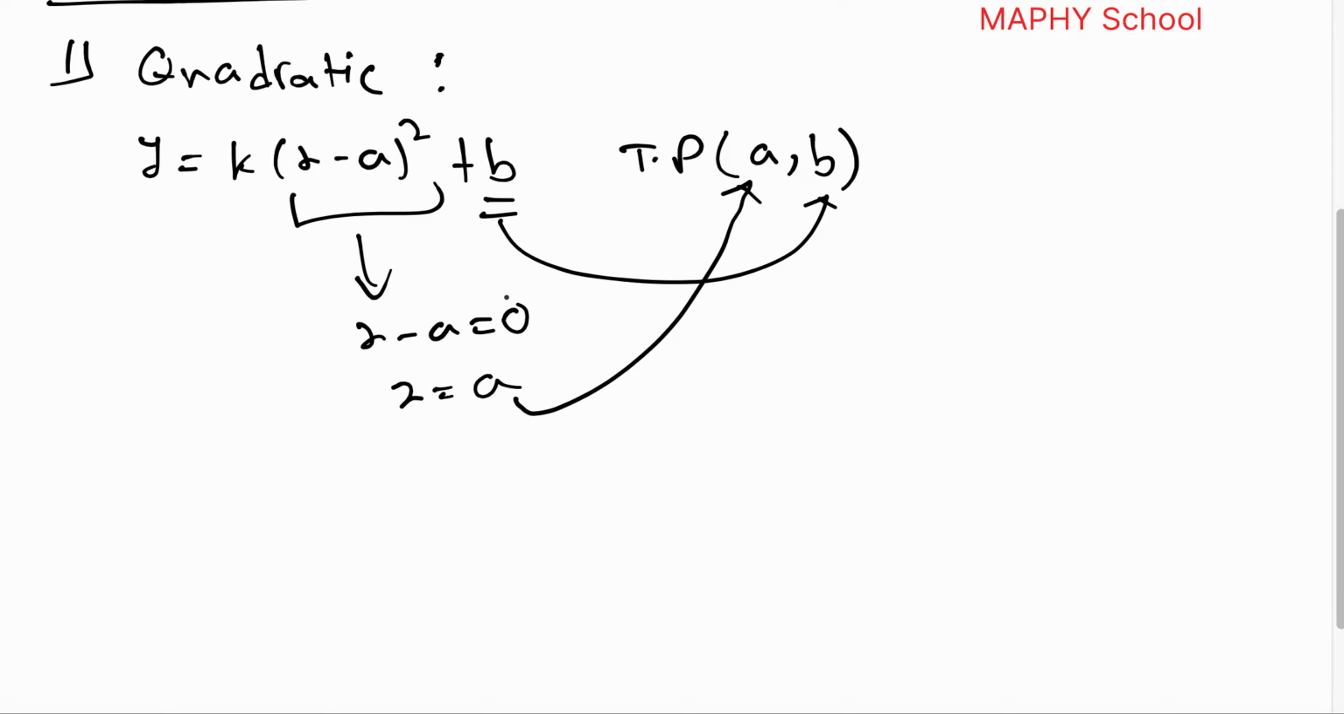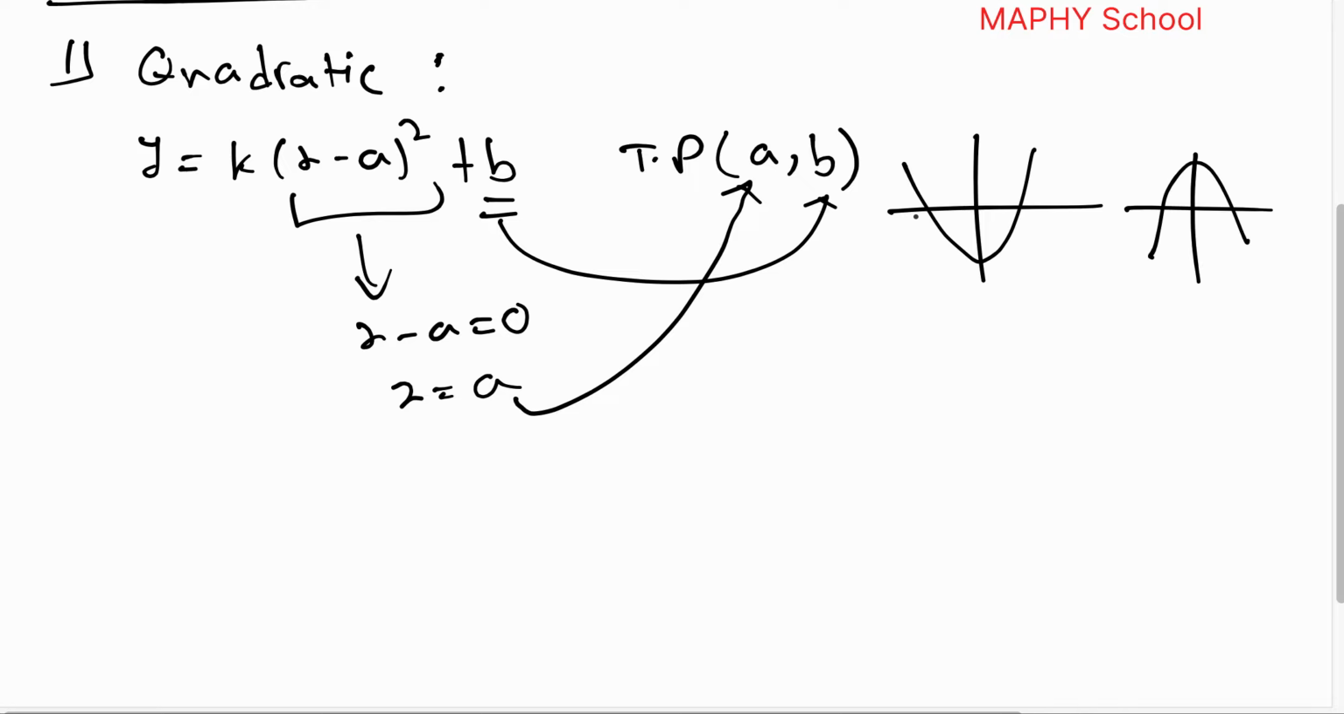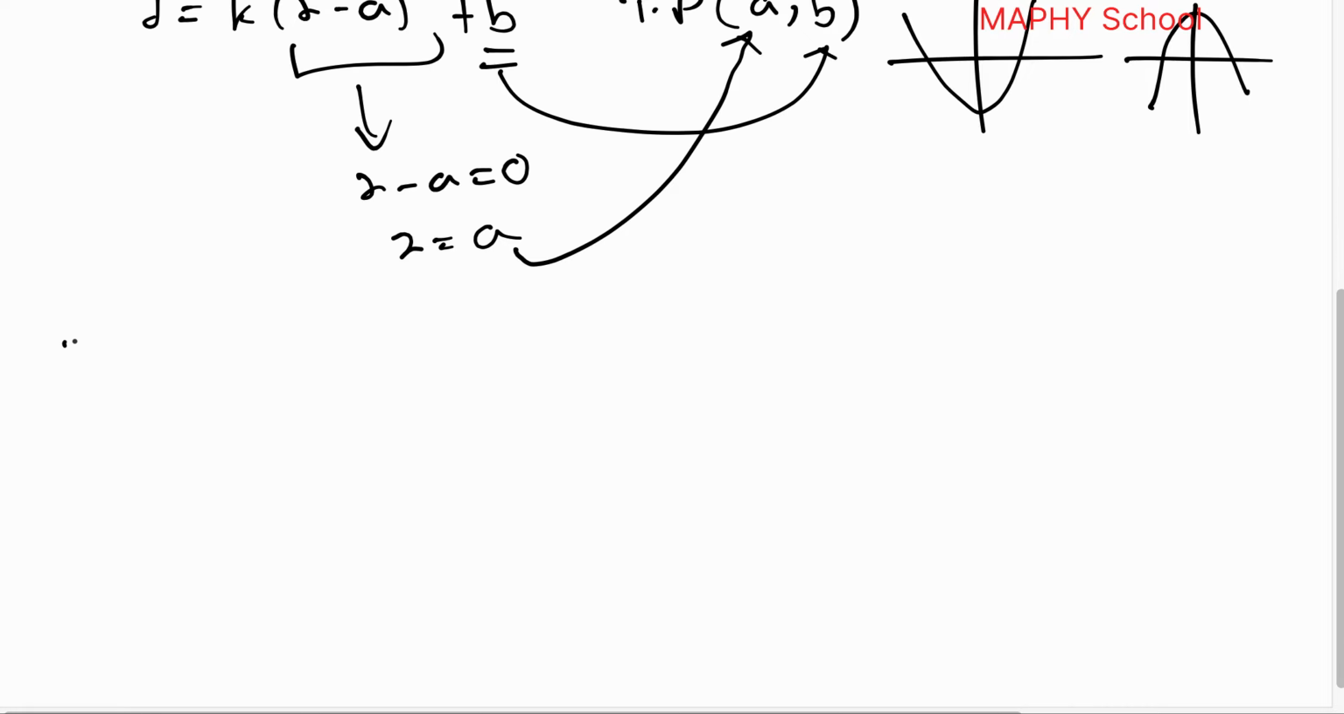In quadratic there are two types of curve: number one, which is like this, smiley, a minimum, and number two, which is a maximum. Here the coefficient of x squared must be greater than 0, and here the coefficient of x squared must be less than 0. Okay, now we can go for the